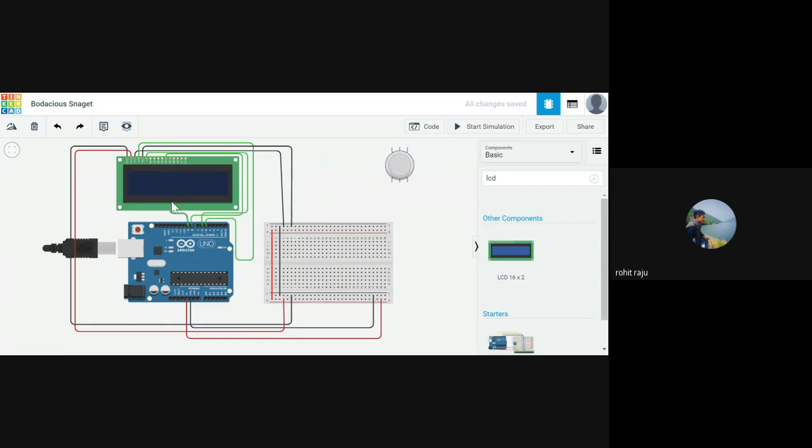See, this won't interrupt your LCD display. Wait a minute. Yeah, db5 is also done. It's getting highlighted. And db6 goes to 10.